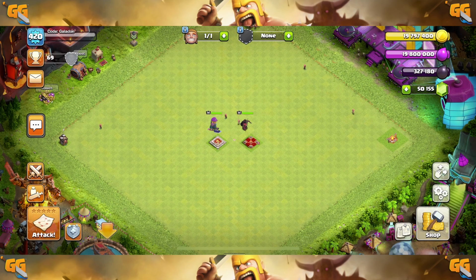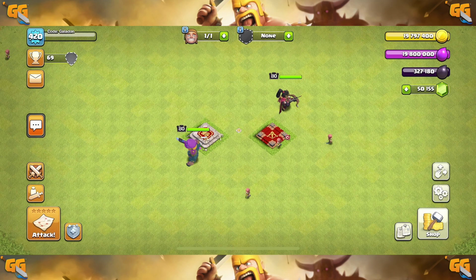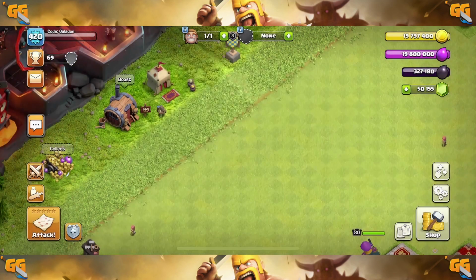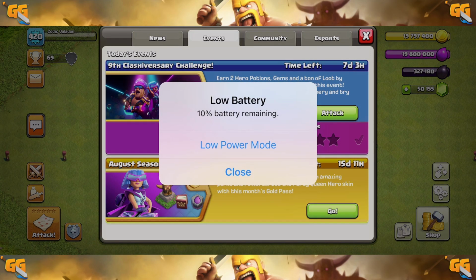Those are the big reveals. Now, of course, there's way more coming. Remember, we're going to keep an eye on the shop. There's going to be other epic and cool deals over there that will be showing up, no doubt. And then, of course, the trader should have some daily discounts or freebies, so just watch over there for the trader. And then how to beat the 9th Clashiversary challenge, because of course they threw in another